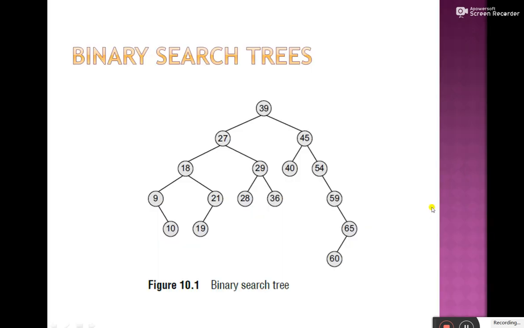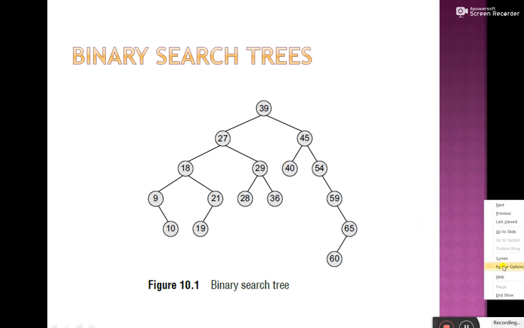A binary search tree is also known as an ordered binary tree. It is a variant of binary tree in which the nodes are arranged in an order. So in a binary search tree, all the nodes in the left subtree have a value less than that of the root node, and correspondingly all the nodes in the right subtree have a value either equal to or greater than the root node. The same rule is applicable to every subtree in the tree.